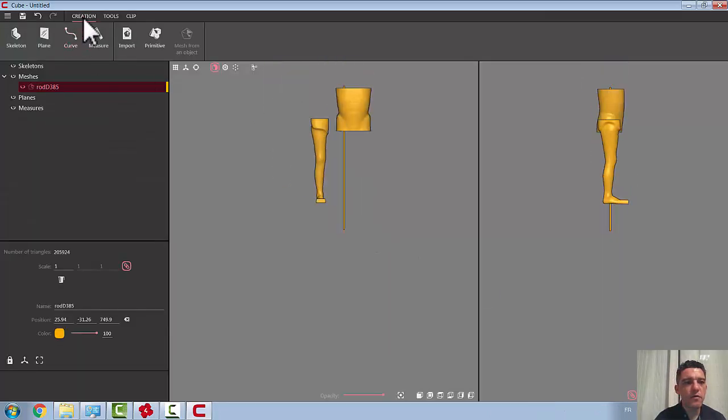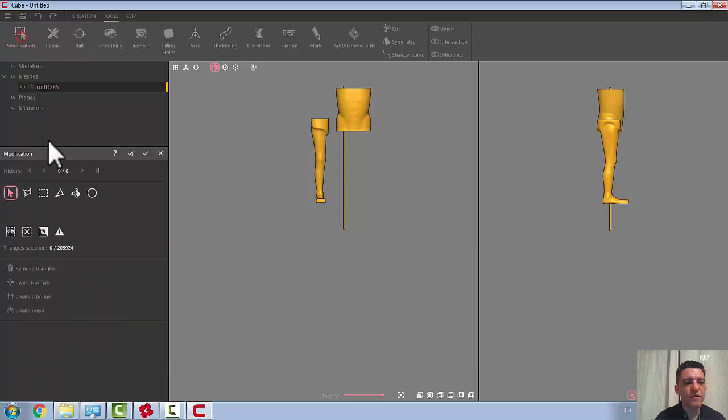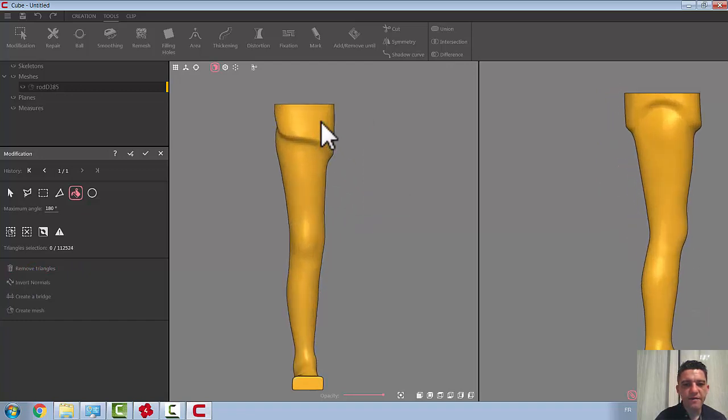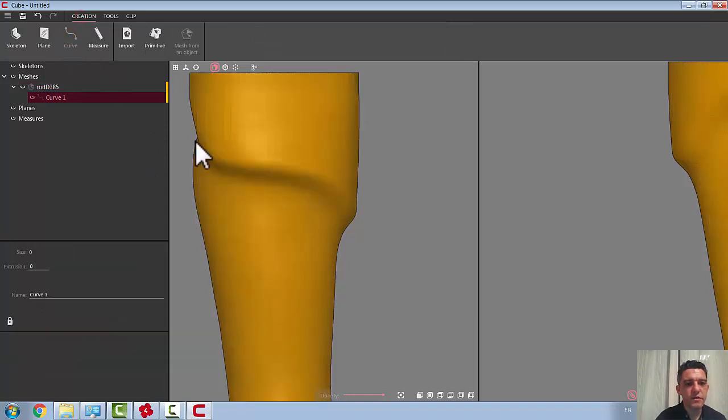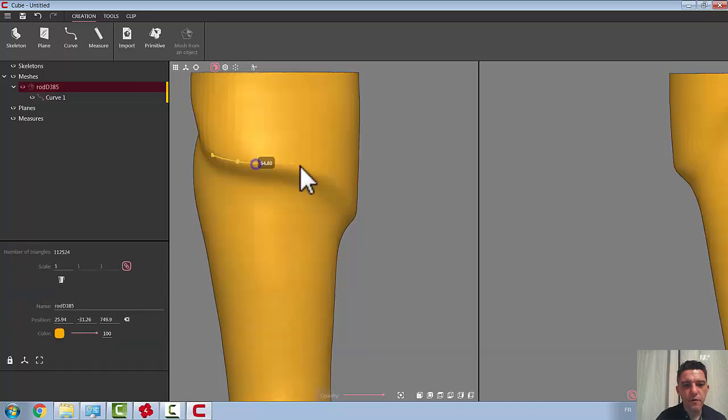Okay, and now in the tools with the modification, I want to remove this, I want to activate this one and invert the others, so I will remove, and after I want to save it, and after in the creation I have the possibility to draw a curve. So I want to,